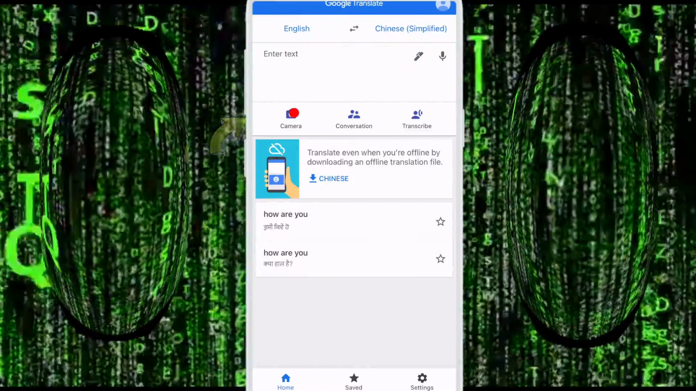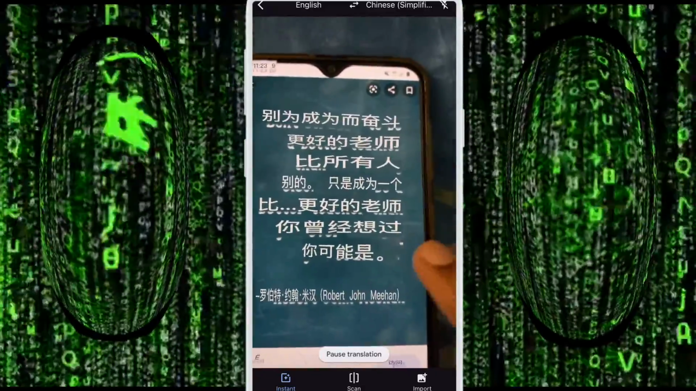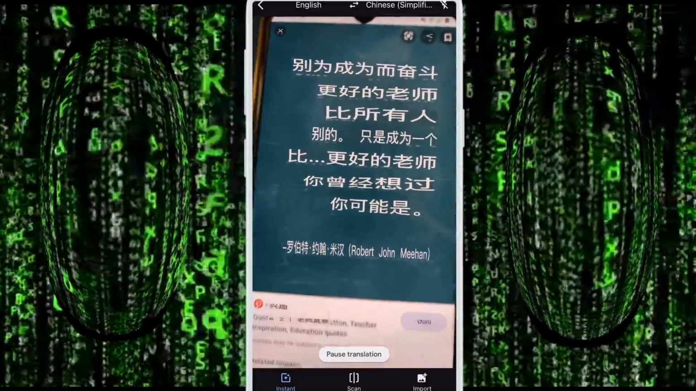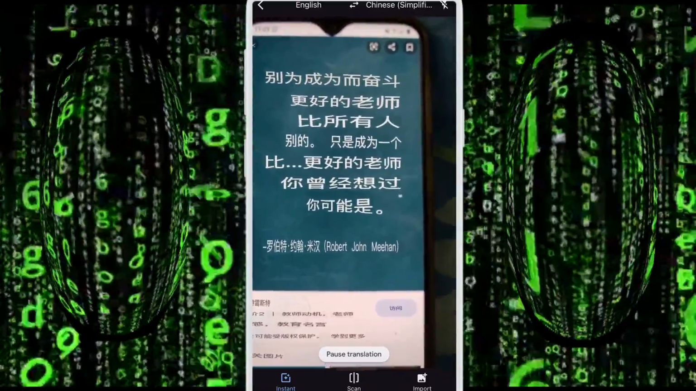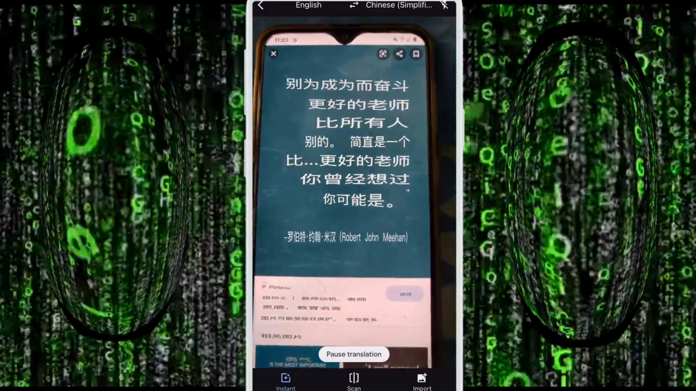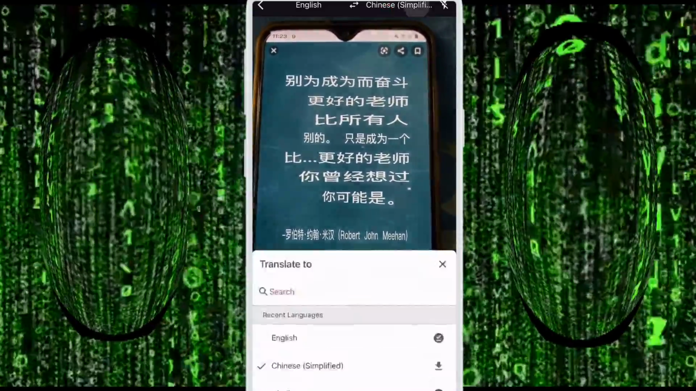Just click the camera. And you see here, friends, inside my phone I have one picture. I open this picture, and this picture is in English. So I open Google Translate and put it in front of my camera. You see, it is translated automatically. Now I change the language to Hindi, and you see